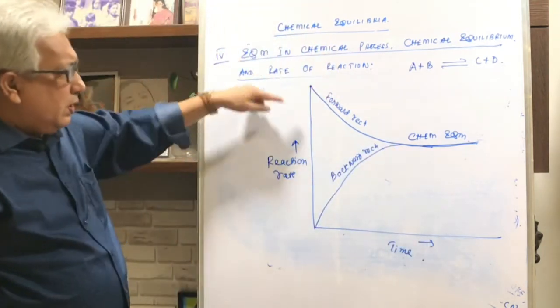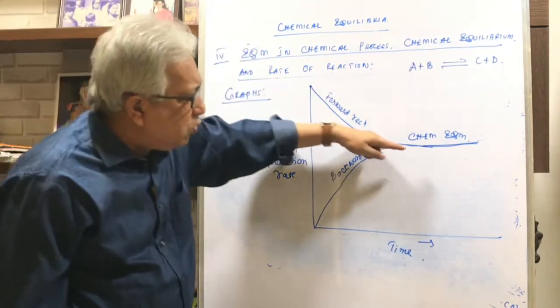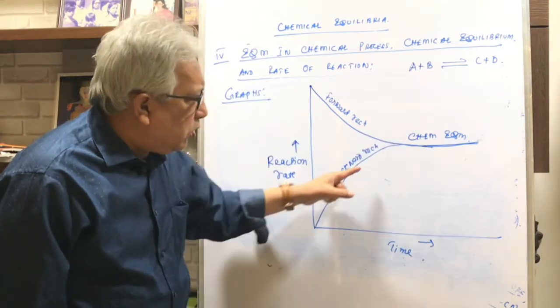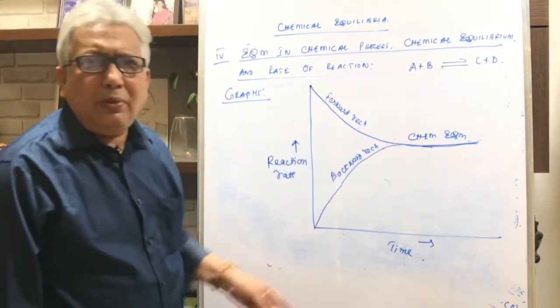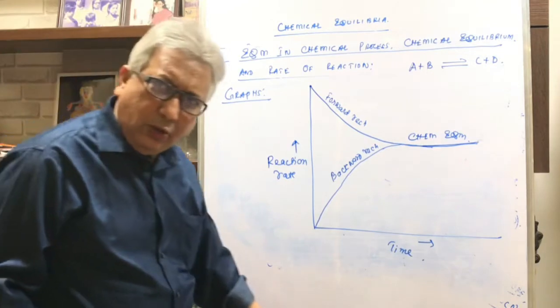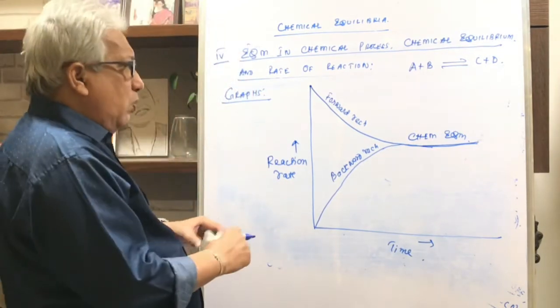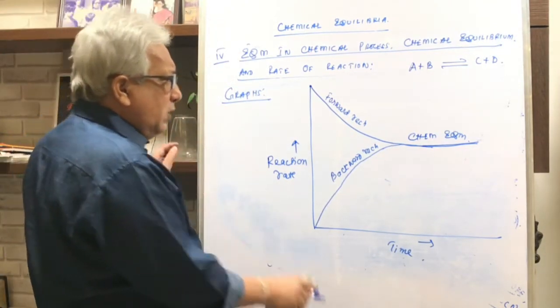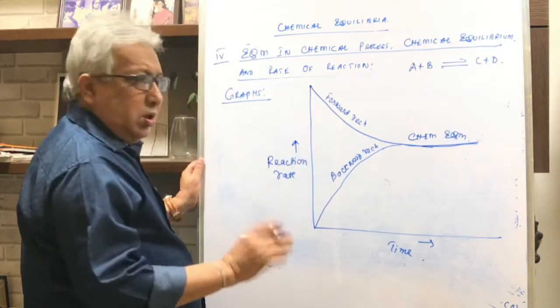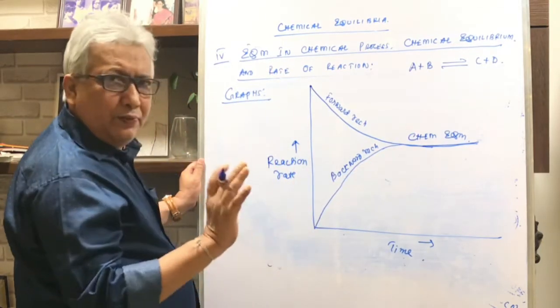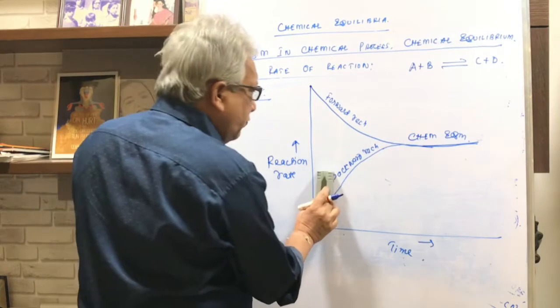So this is the other graph where you are showing forward reaction going on decreasing, backward reaction going on increasing, and at equilibrium they have become equal. Is that okay? And I must tell you one thing, it is not necessary that it has to be in the middle. This is the graph that you will be plotting in your exam, but just for your extra information